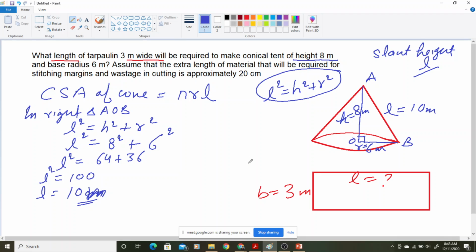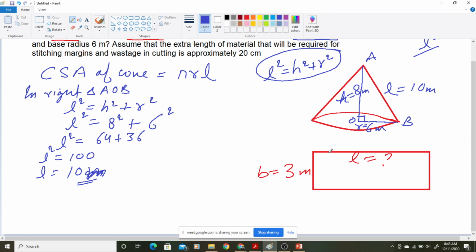That means half of the work I have done. I have found the slant height of the cone. And now I can easily find its CSA. And you know why we are finding the CSA? CSA find out क्यों कर रहे हैं? Because we are building the tent. हम टेंट बिल्डअप कर रहे हैं. We are not building the base, which is on the ground, we are building the tent. तो ग्राउंड पे हम यूज कर सकते हैं एनी अदर थिंग.